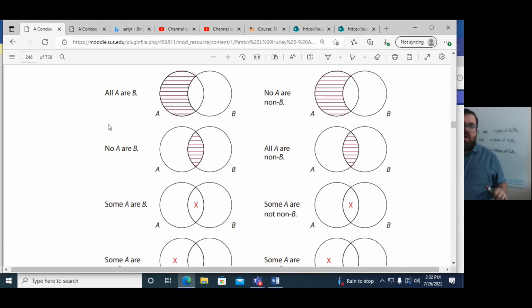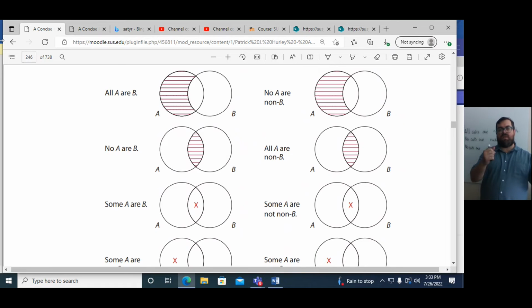And if you said no reptiles are mammals, right? And then you said all reptiles are non-mammals, that really makes sense, because there's never such a thing as a reptile and a mammal at the same time, right? So you kind of see it. So I hope that you're seeing this logical relationship, but it's neat.